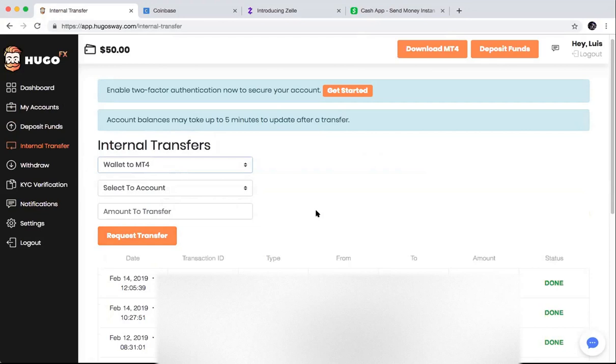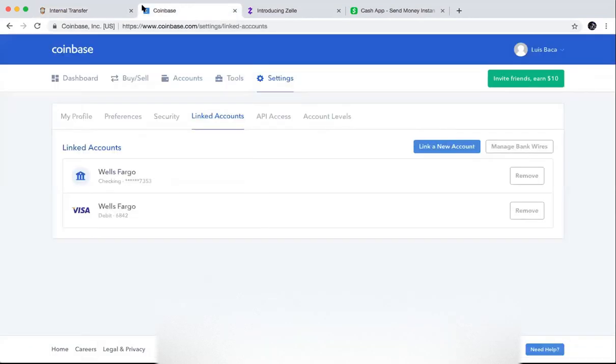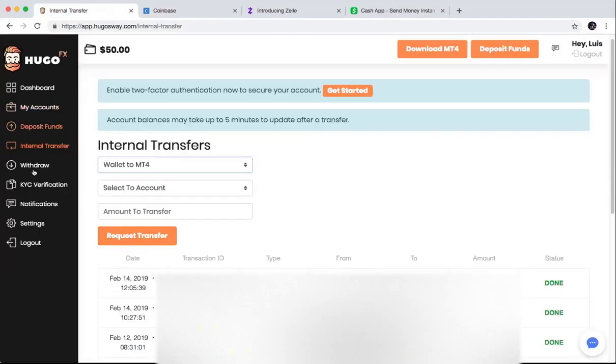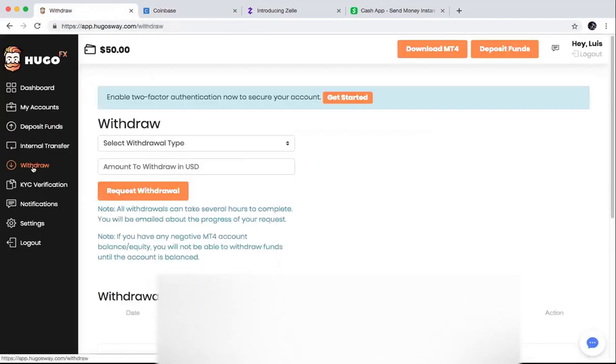Now, when it comes to withdrawing, you want to take out your earnings, right? You're gonna go to withdraw, and it's the same process except backwards. The only thing, this is why we utilize Coinbase. The only thing is we can't